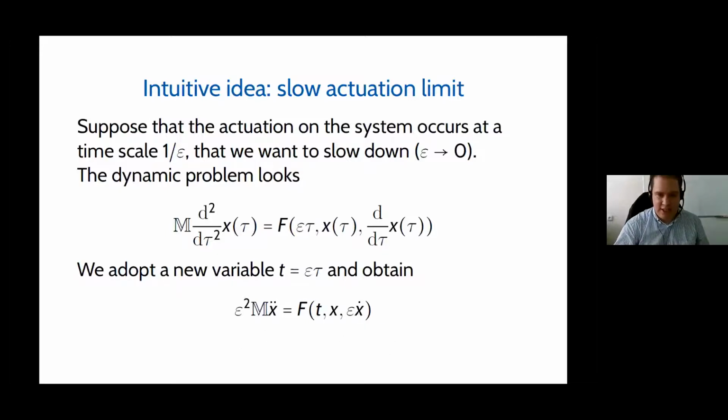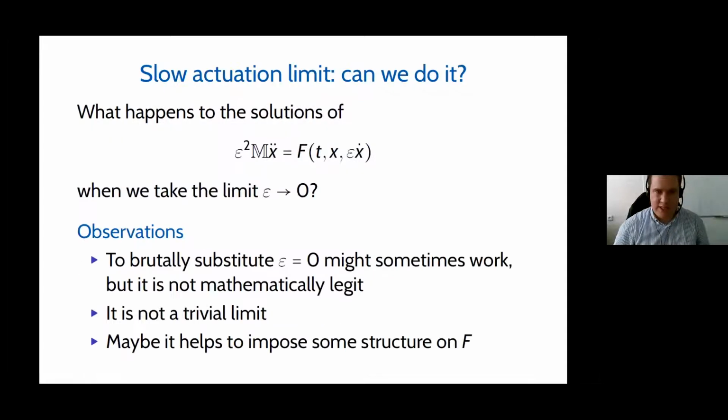And here you already get an idea. So what we would like to study is what happens to this system when epsilon goes to zero. And the temptation would be to brutally substitute epsilon equal to zero. And this might actually work in the case of the glass. What you get on the right is exactly the static behavior. The marble is on the bottom of the glass. The left term disappears. So usually it works, and we may expect it to work.